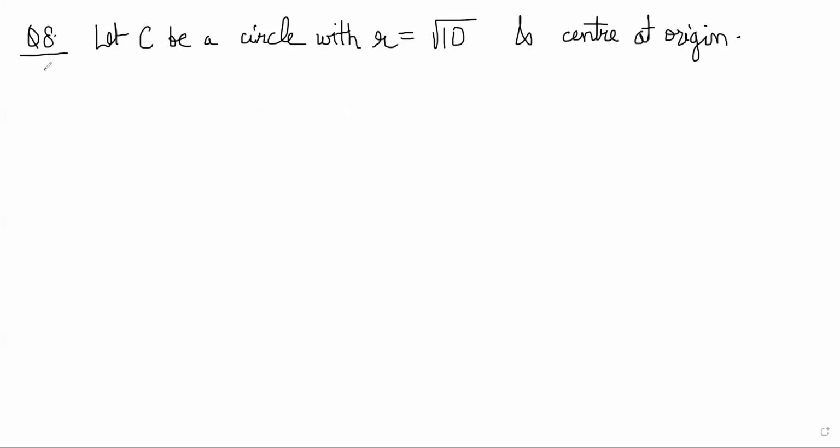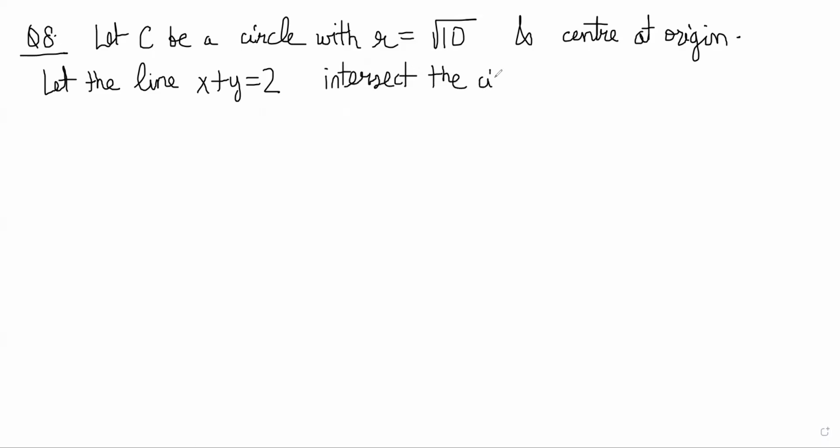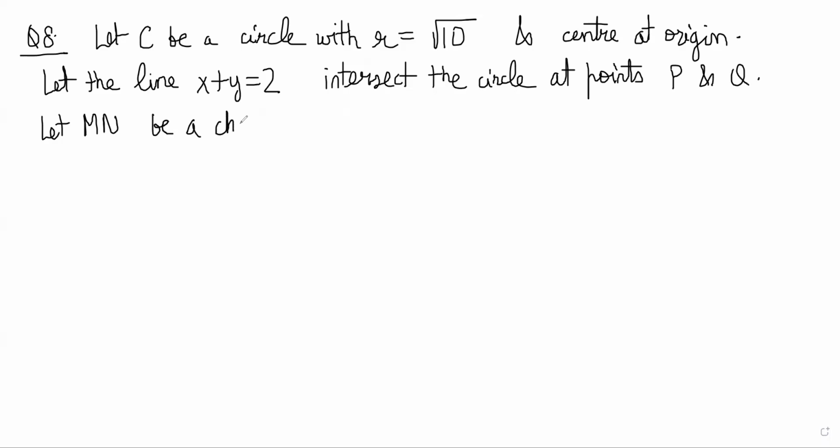Let the line x plus y equals 2 intersect the circle at points P and Q. Let MN be a chord of C